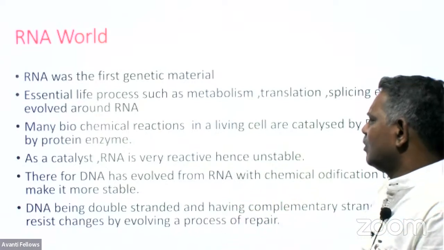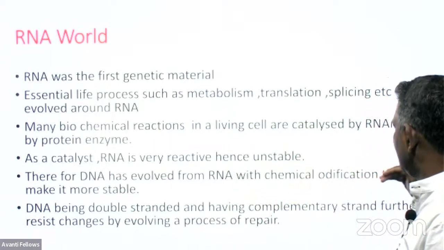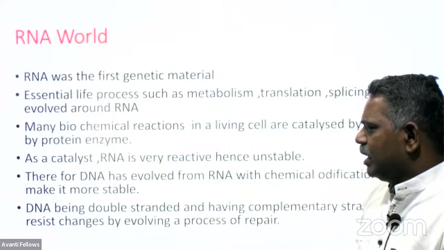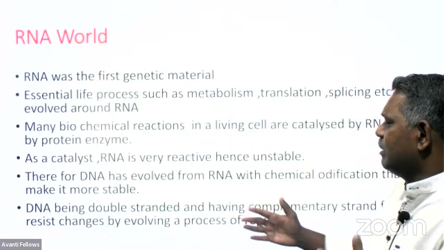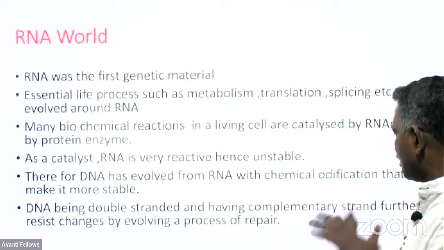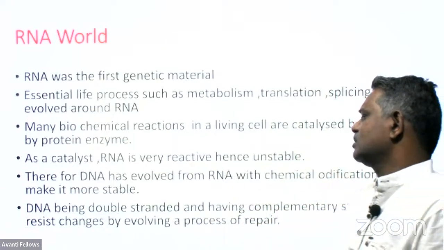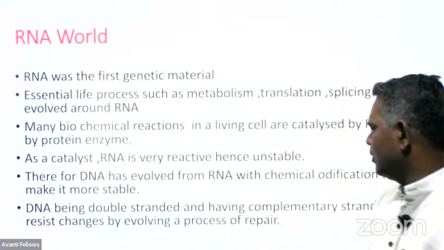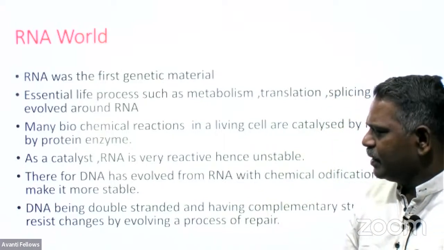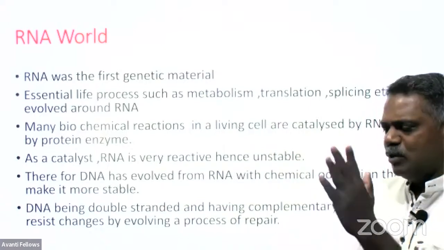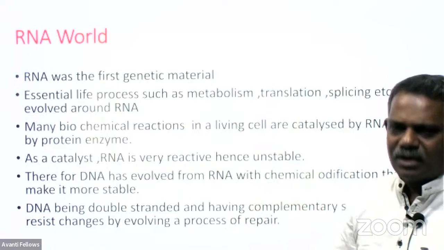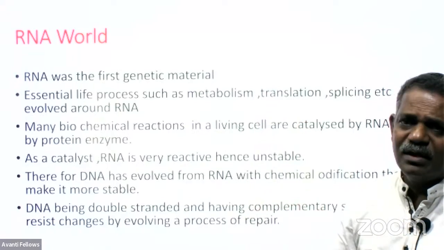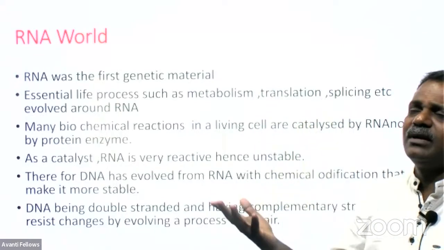This DNA has evolved from the RNA with chemical modifications that make it more stable, and DNA being double stranded and having a complementary strand further resists changes by evolving the process of repair. So it is double stranded. If something happens to one strand, it can be repaired by using the other strand. In case of RNA, it is not there. RNA is single stranded. If something happens chemically,